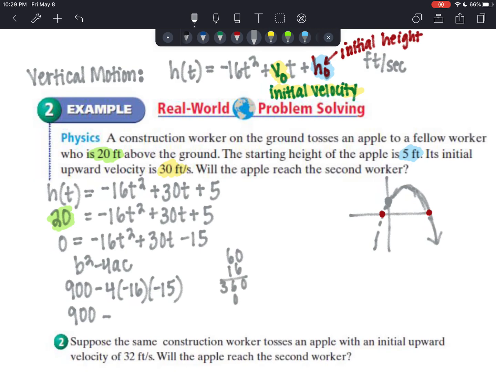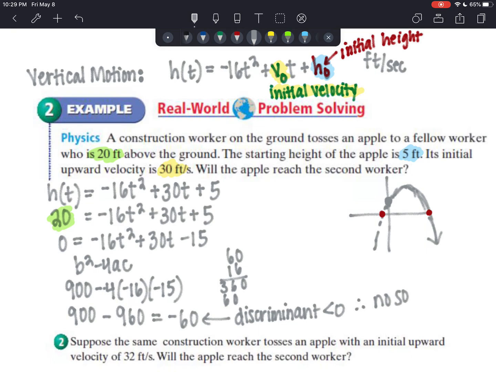So I get 960. 3 negatives multiplied together is going to be a subtraction. So 900 minus 960 is a negative 60. Your discriminant is going to be a negative value. Discriminant is less than 0. Therefore, no solution,